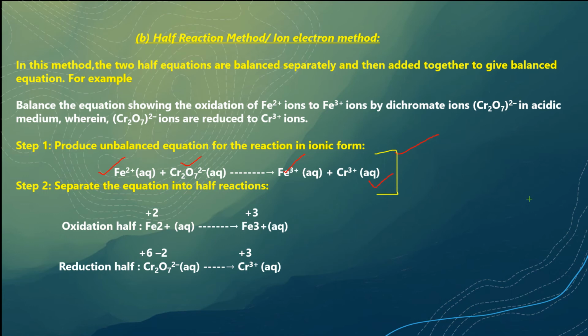But after that, I need to first identify Fe2 plus is changing to Fe3 plus. This is loss of one electron. This is oxidation. So I have written it here separately. And same way, dichromate ion is changing to Cr3 plus, 6 to +3. That means a reduction. So we have separated two half reactions from the given redox reaction. And these two we have to now balance separately. In the end, we will add them together. Electrons lost and gained would be cancelled and I will be getting the final balanced reaction.